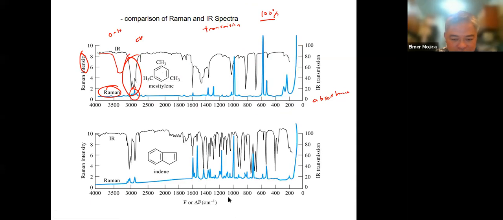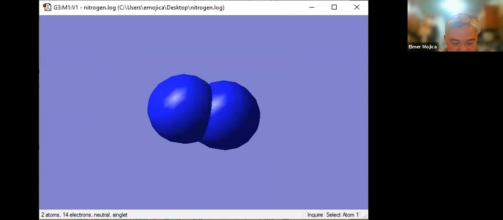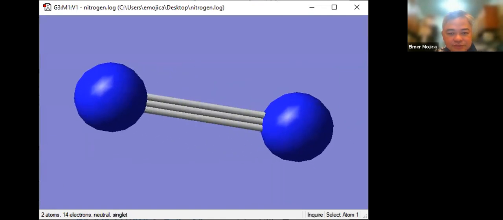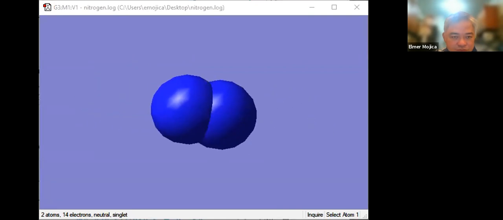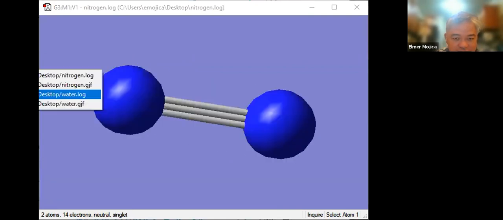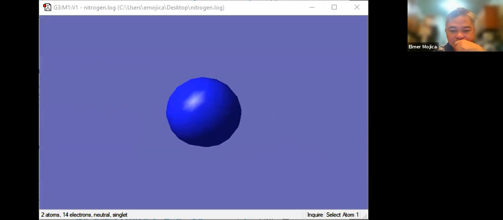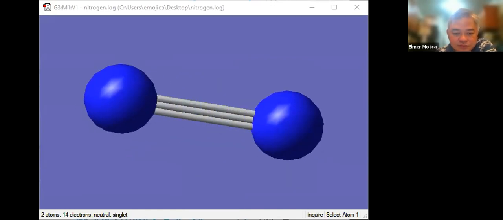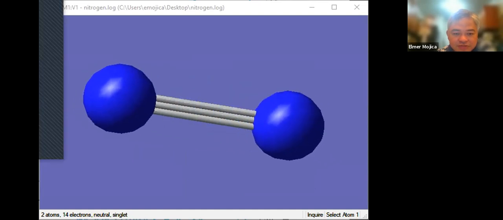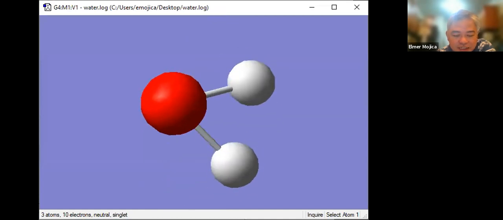And if you're going to look at the calculation, let's go back to our calculation. So this is your nitrogen. I'm trying to open a new file, our water again. So if we look at the water molecule that we have here, and if you look at the IR,